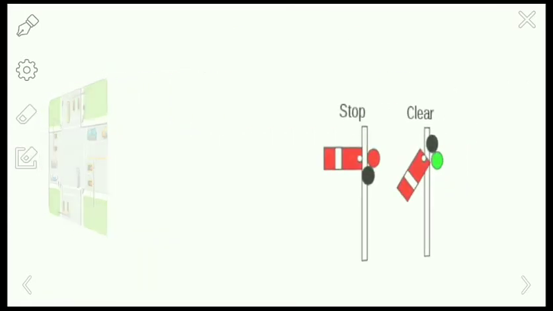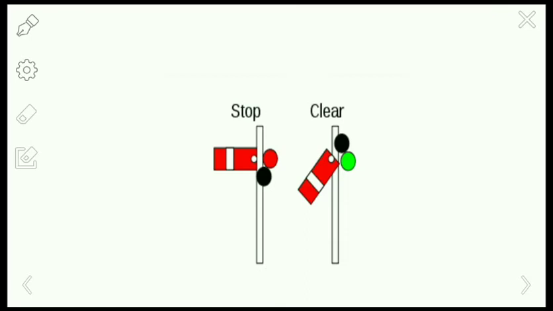The next one is railway line signals. These are called semaphore signaling in the railway system. They use two things, that is stop and clear. The signal will be a straight line, indicated by the straight line in the red signal, if no train is allowed to pass through the track. If the track is free, it will be indicated by the green light, with the signal in the inclined position.